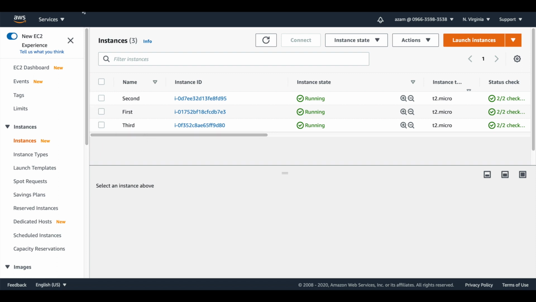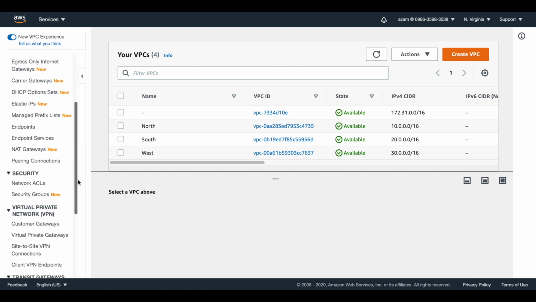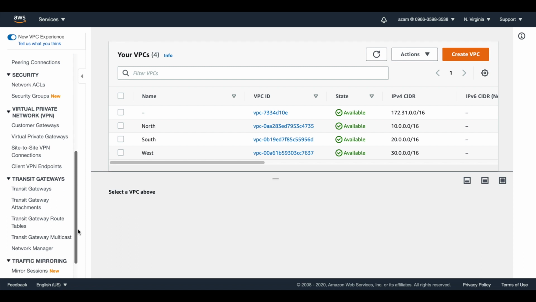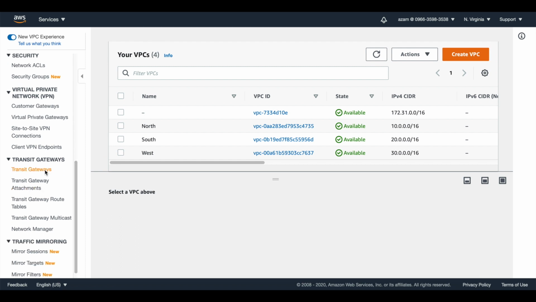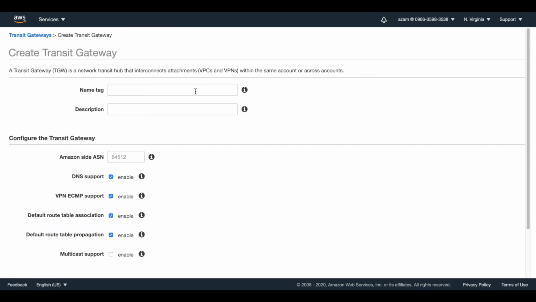Now I'm going to connect these three VPCs by using Transit Gateway, and I'll show you how we can do this. I click on Transit Gateway and create Transit Gateway. Name: I'm going to call this first Transit Gateway.